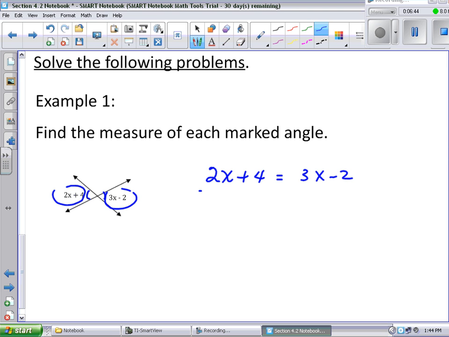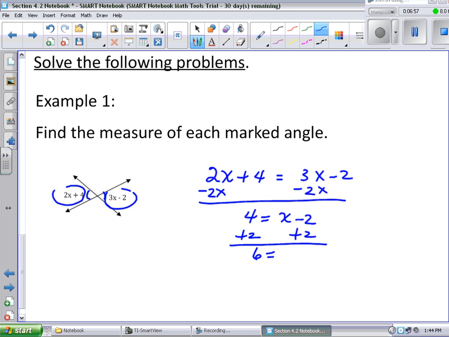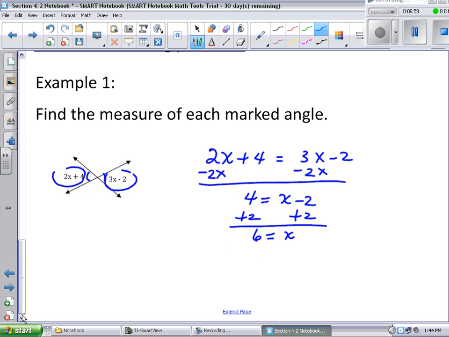And then if we subtract 2x from both sides, we'll have 4 is equal to x minus 2. And if I add 2 to both sides, I will have 6 is equal to x. Now, that is not what the problem asks for. The problem asks for the measure of each marked angle. So if I want to find the measure of the angle labeled 2x plus 4,